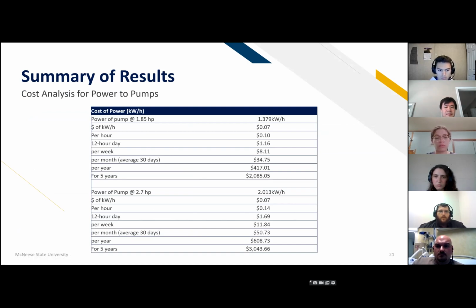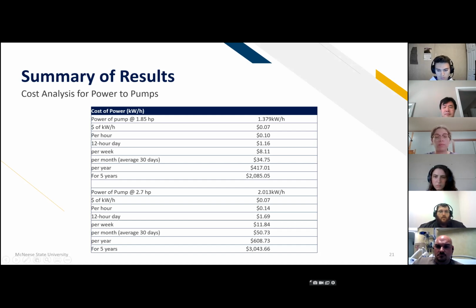Then we performed a cost analysis on what it would cost to power these pumps. And the costs were based off the average cost in Lake Charles, Louisiana of 7 cents per kilowatt hour. The cost to run the smaller pump of 1.85 horsepower for a total of 12 hours for a single day would be roughly $1.16 for the day. And based off of 12 hours a day for up to 5 years, it would cost roughly